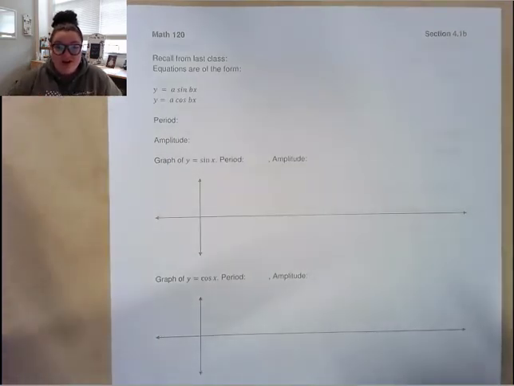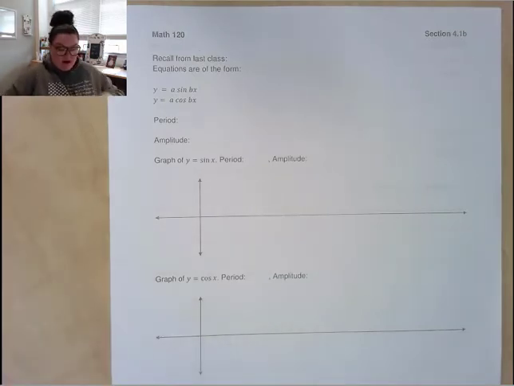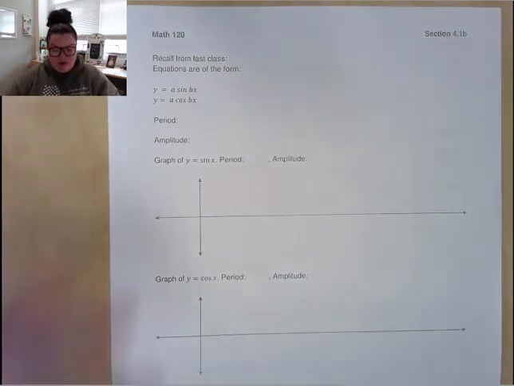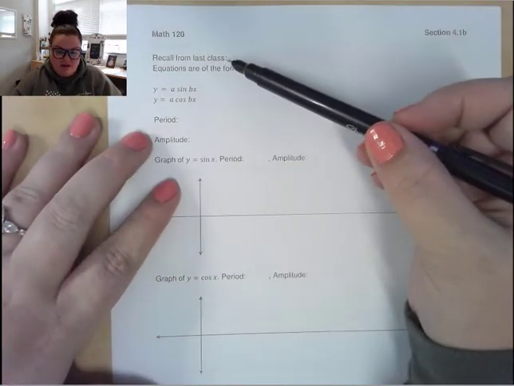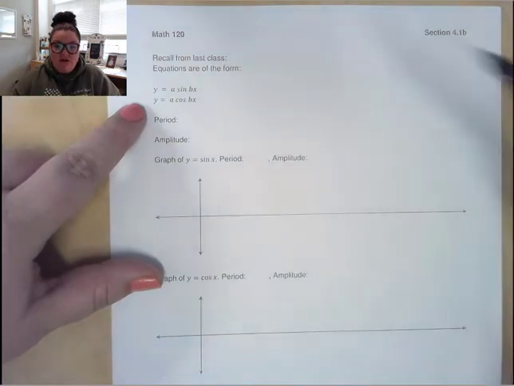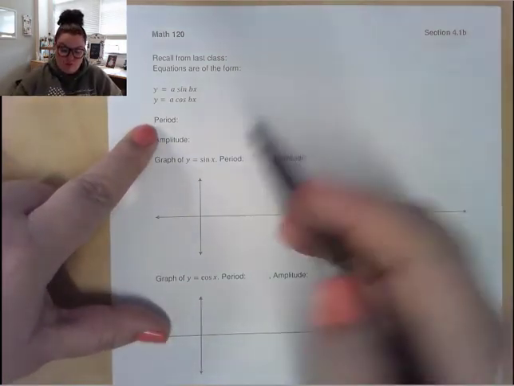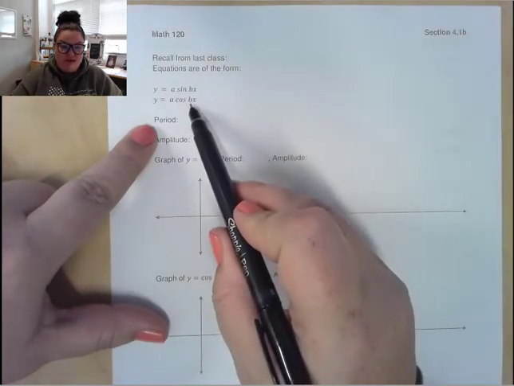Okay, so let's go ahead and start 4.1b. In this one, this is what we went over in the last video. We went over the sine and cosine curve. We talked about the period having to do with what is being multiplied in front of